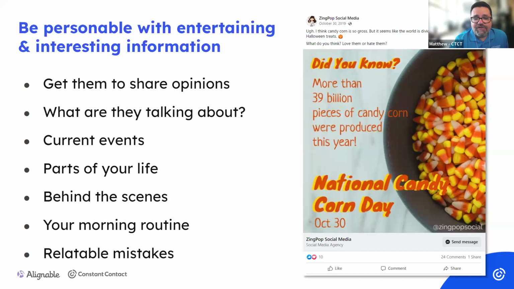She shared this post about candy corn. What does that have to do? She is a marketer, right? She helps small businesses and nonprofits market their business, right? What does candy corn have to do with anything? Well, she's staying top of mind